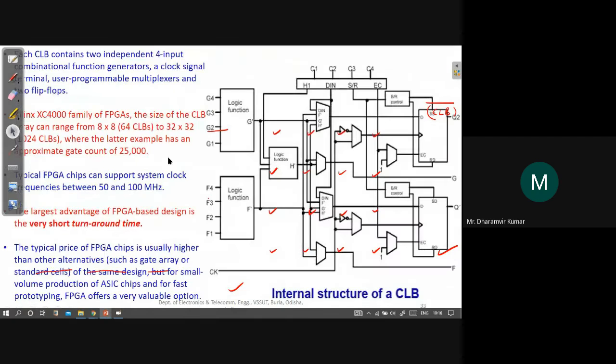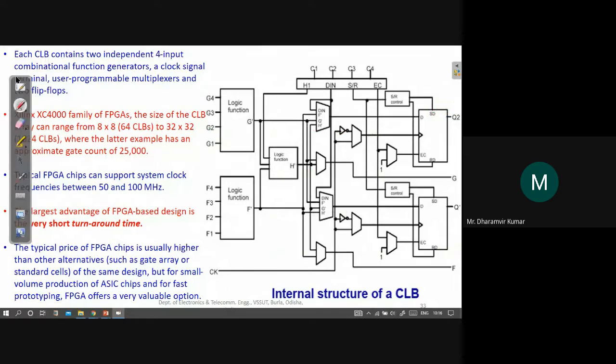Then look at here. This is the internal structure of a CLB, the configurable logic block. How does it look from inside? Like I told you, one CLB will be responsible for performing some logic function according to your circuit.